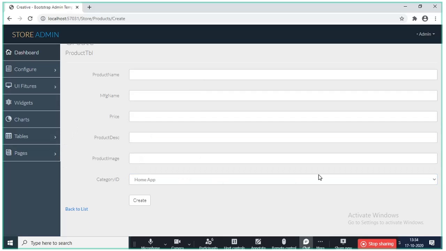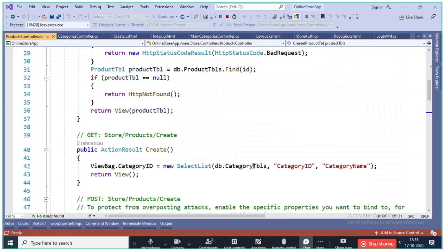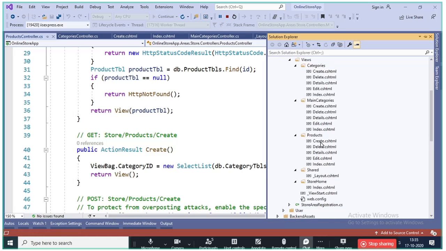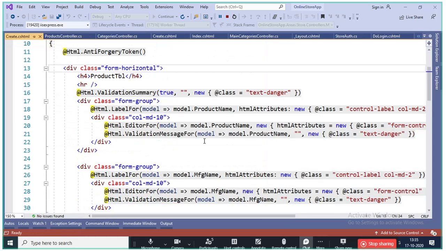Now there is one more change we want to do here. You can also reduce the size of these boxes by setting the col span for the columns. Now one more thing that I want to do is I want to upload a product image here. To upload the product image, we cannot input the path here, so we need to browse the image. And to browse the image, I'll go to the create form of the product, and in the create form,